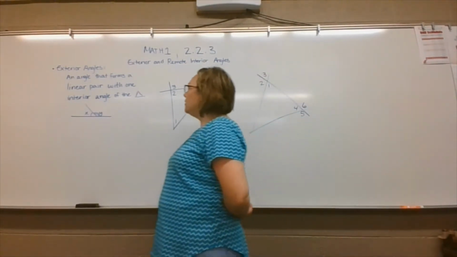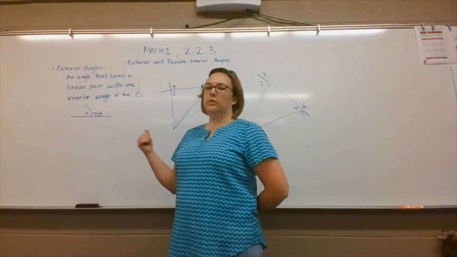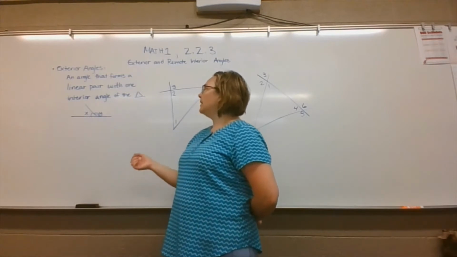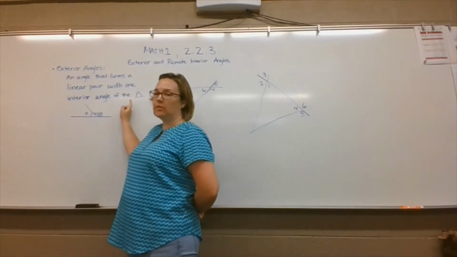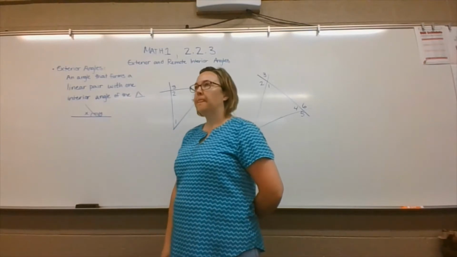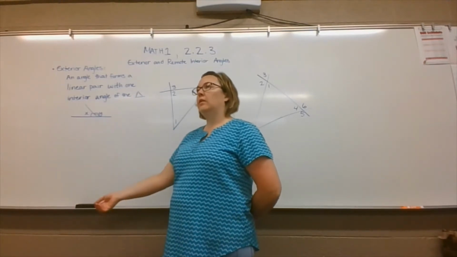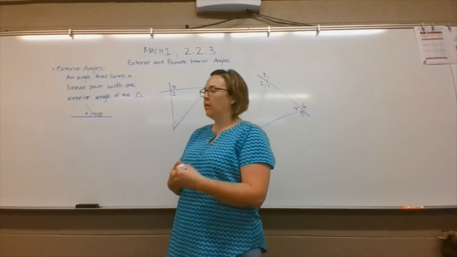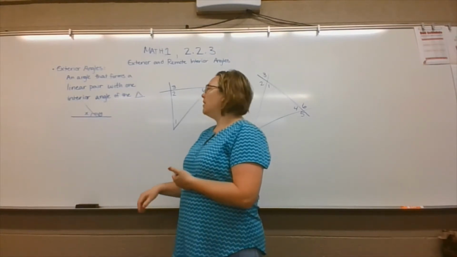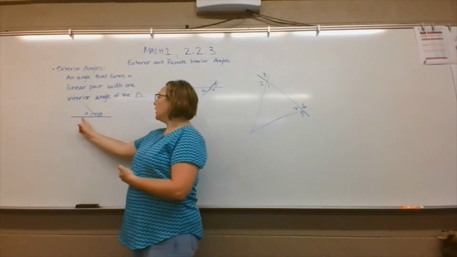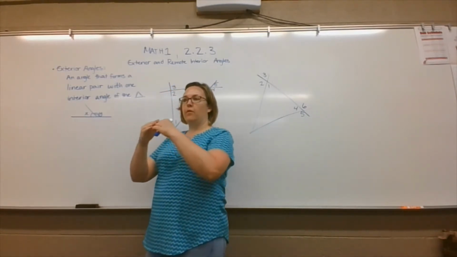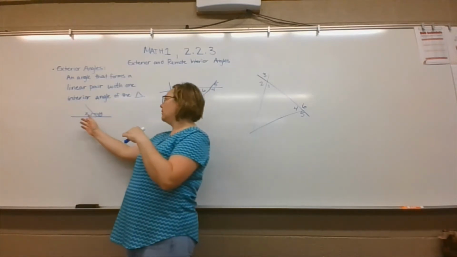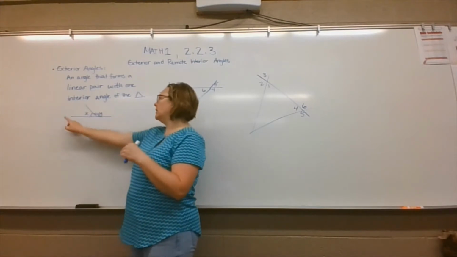They are an angle outside of your triangle. That's why it's called exterior. Okay, so they're outside your triangle and they form a linear pair with one of the interior angles of your triangle. So it's an outside angle that pairs up with an interior angle to create a linear pair. What does linear pair mean? That means that the two angles create a line. So they form a 180-degree angle together, or added together, they add to 180 degrees,